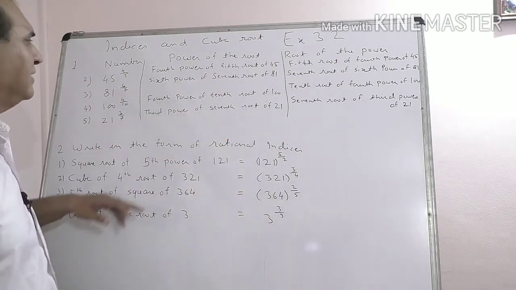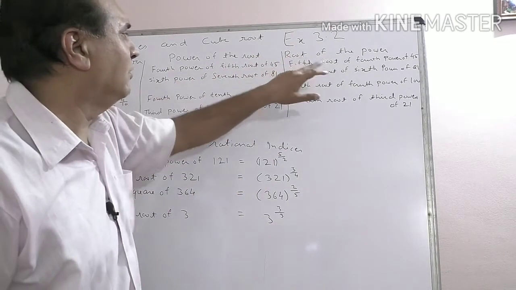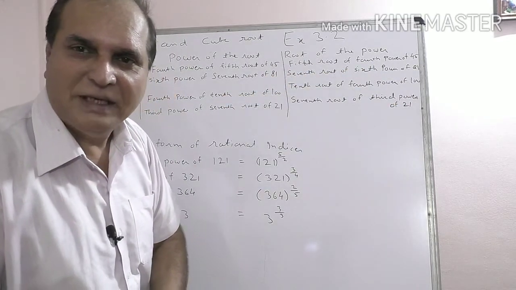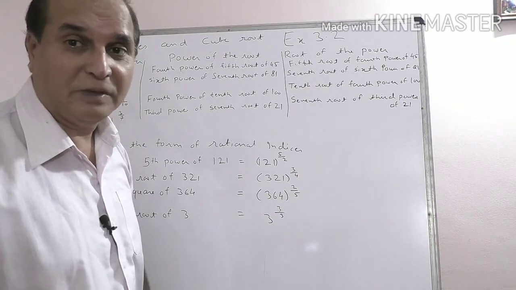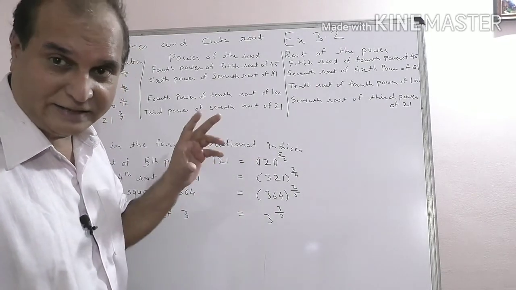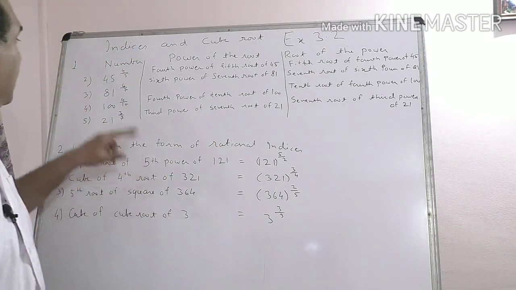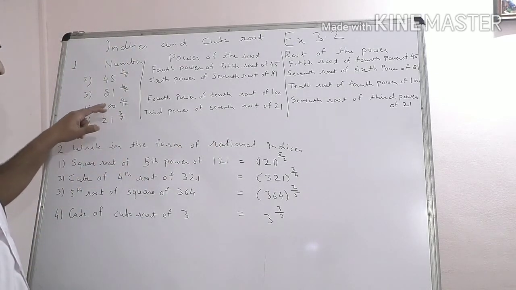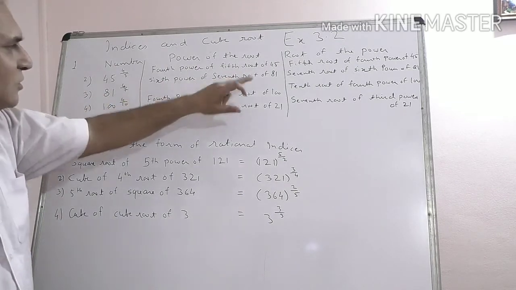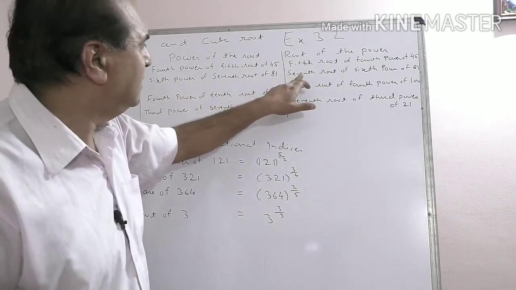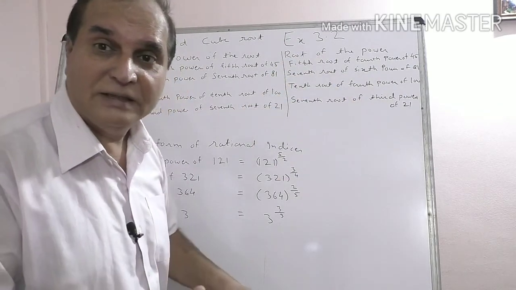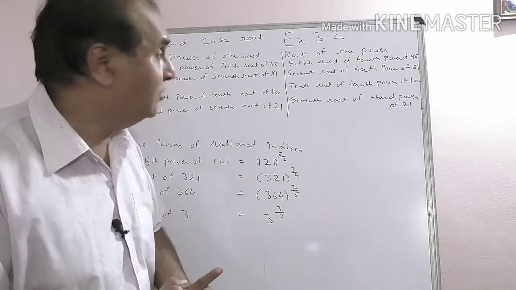And reverse way, first root, root of power, 5th root of 4th power of 45. Same thing, for 1 mark you have to express properly. Numerator is power, denominator is root or index. Okay, 81 raised to 6 upon 7. So 6 is power, 7 is root. 6th power of 7th root of 81, or reverse way, root of the power, 7th root of 6th power of 81. Whatever is asked, in that style only you have to write.